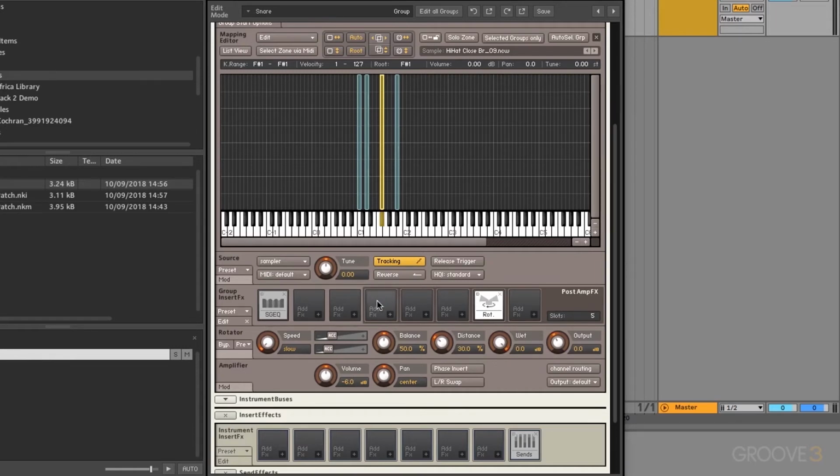And now we have the option to add 5 different post-effects slots, or if we wanted to keep everything as insert effects that happen before the amplifier, you could just drag that down to 0, then you'll get those 2 extra insert effects slots. So now with this whole section out of the way, we can move down to our